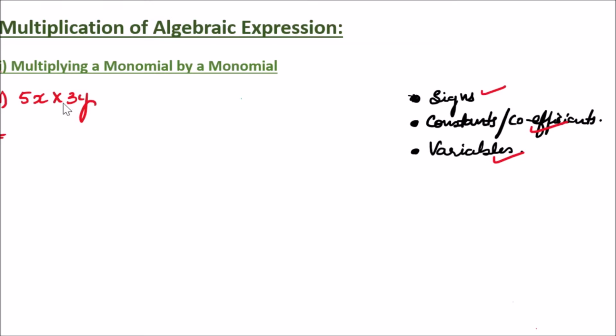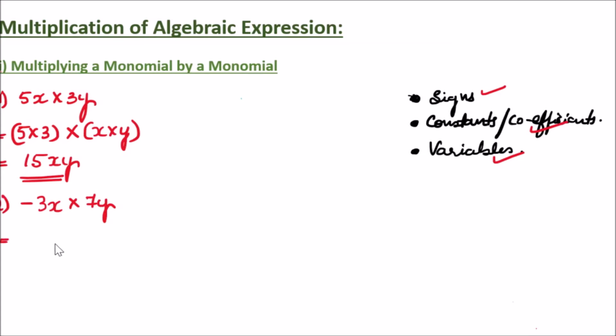Now first we have seen the signs. Plus into plus is plus, no need to write it. Now 5 into 3, the constants, we will group. Then there is a multiplication sign, which we will write again. Then x into y, the variables, will be grouped in one bracket. So 5 3s are 15, x into y is xy, and nothing more can be done with that. So 15xy is your answer.